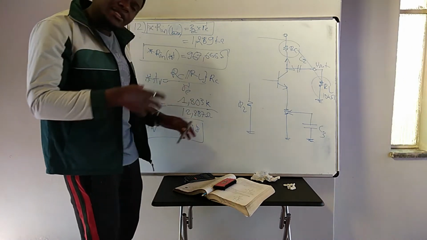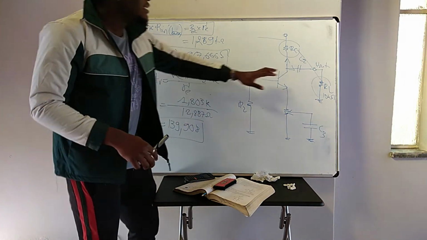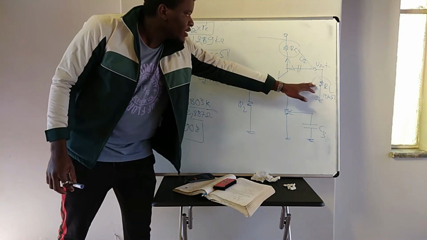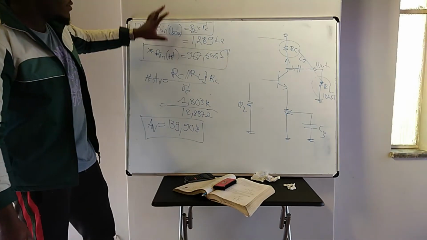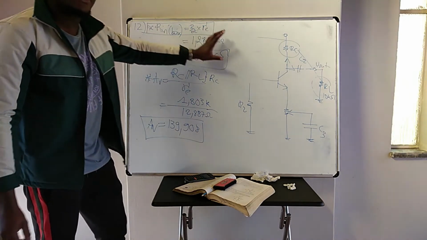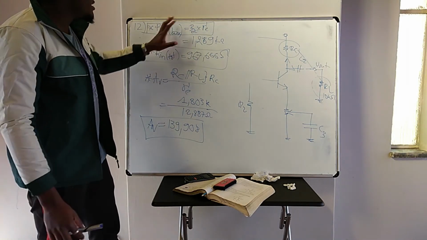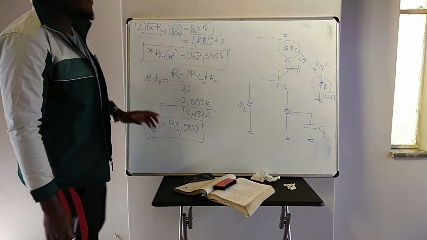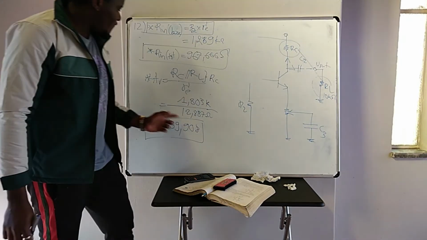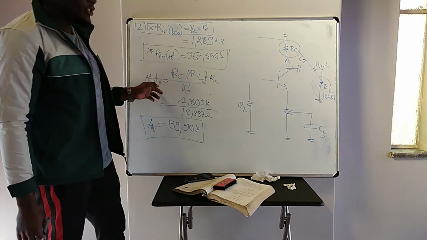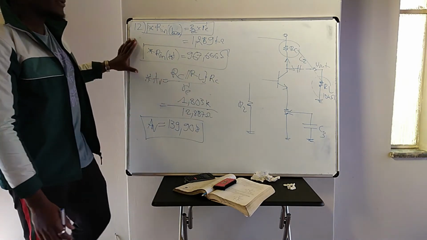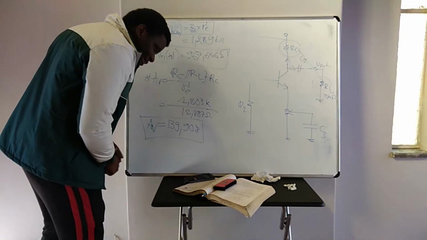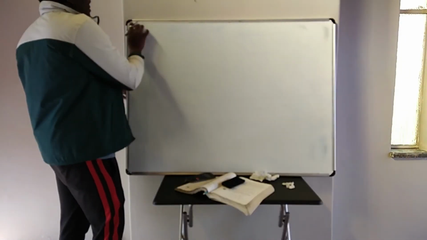In this question number 12, they add R load here. So now repeat the calculation. You know that here it doesn't change. It won't change, same thing as question number 11. This R load is going to affect our voltage gain. That's why this is question number 12. So now let's move to question number 13.